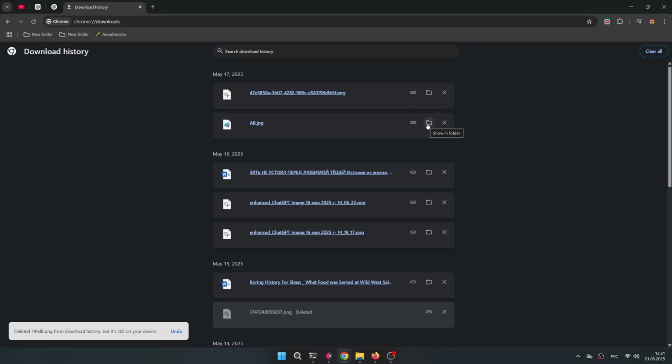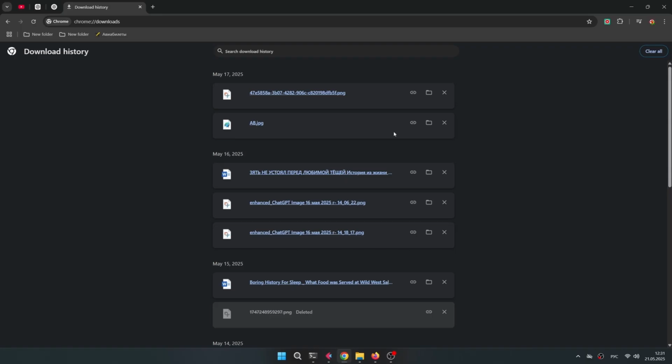The download history can be helpful if you want to find a downloaded file but forgot where you saved it. If you want to clear your download history, you can do so in the browser settings. Downloads from history can be exported as a text file for later review or saving important information. Additionally, you can click on the file name to quickly open the downloaded file or view its location on your device. Regularly checking your download history is a good way to keep track of important files and avoid clutter in